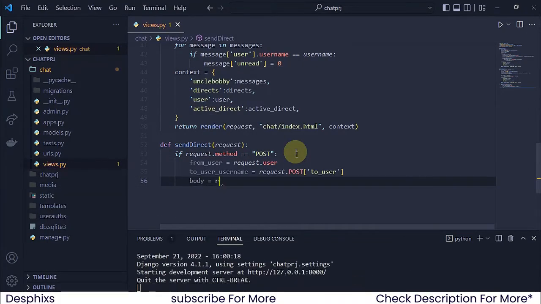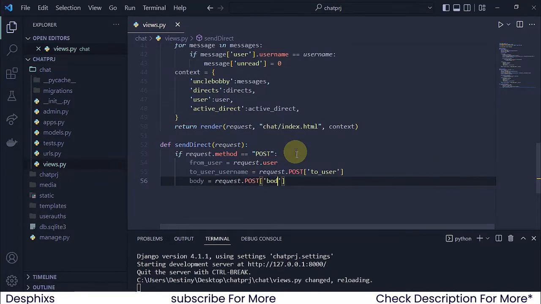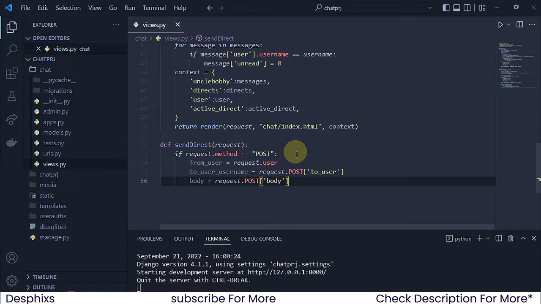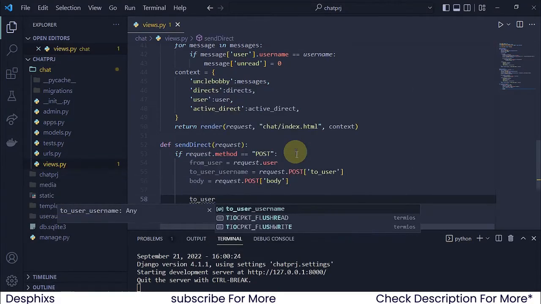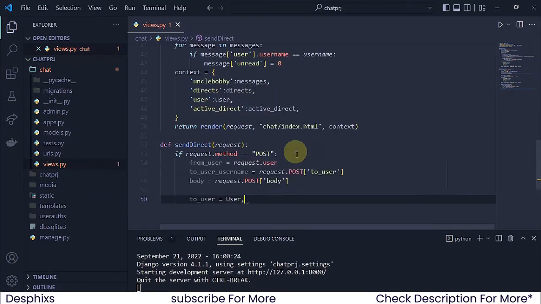So the body is going to be request.POST. Then this one is going to be body. Okay, simple as that. Now another thing that we're going to do is just go ahead and say to_user. We haven't done this yet. Should be